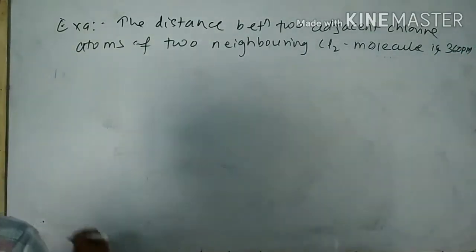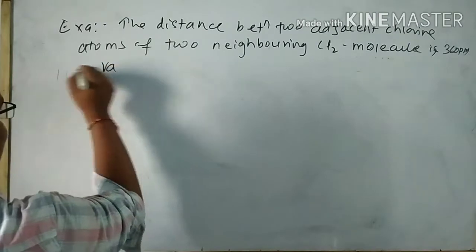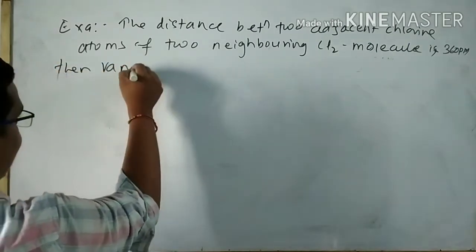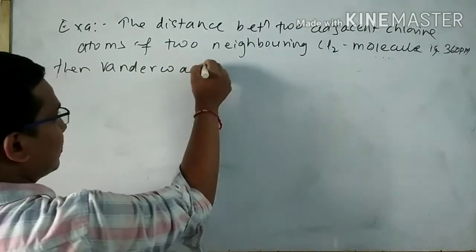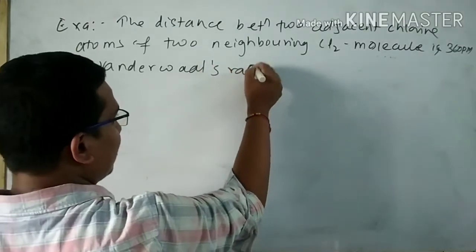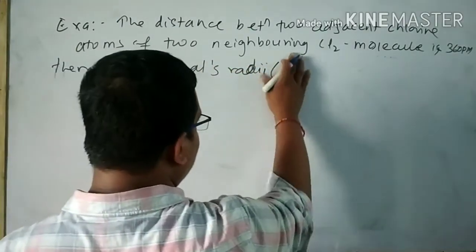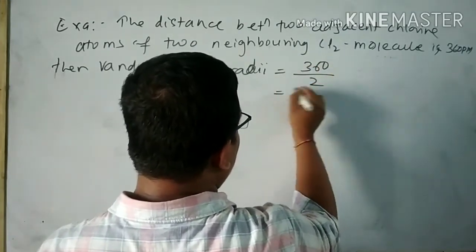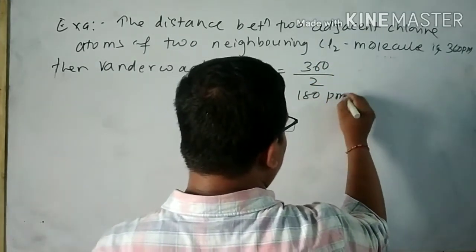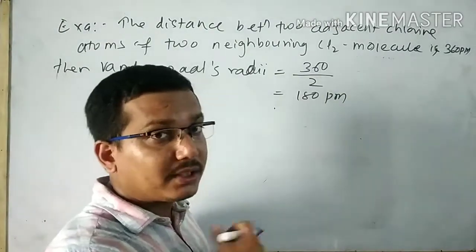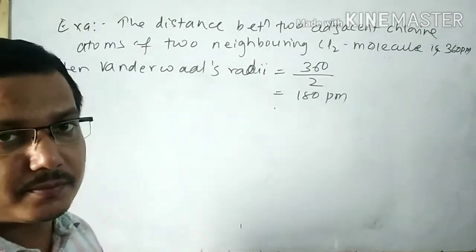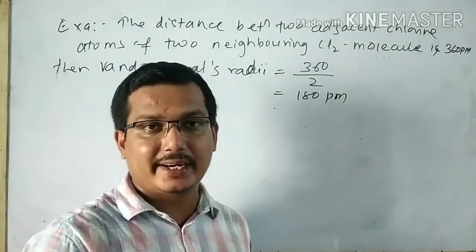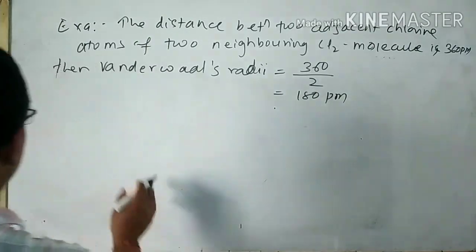Then what is the van der Waals radius? Then the van der Waals radius, that is Rv, is equal to 360 by 2, which is 180 pm. From the above three discussions, that is covalent radius, metallic radius, van der Waals radius, we can conclude